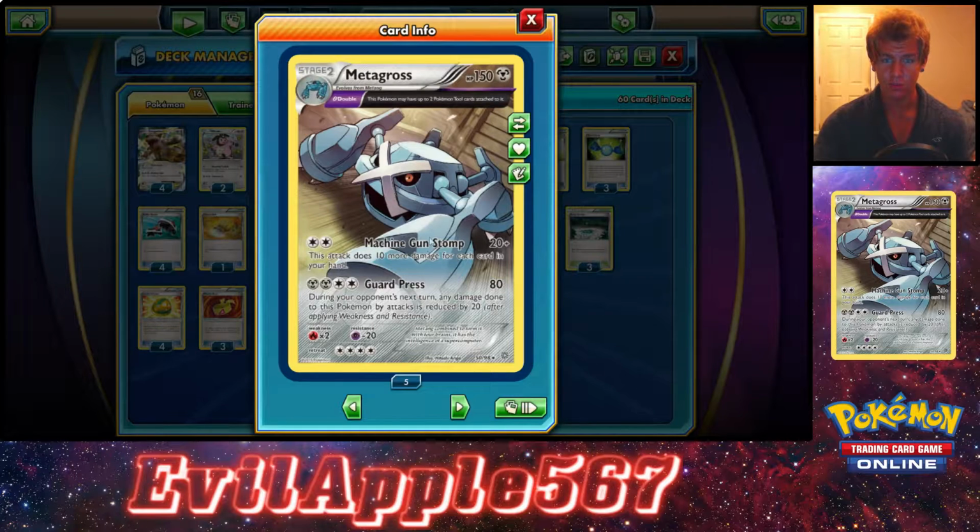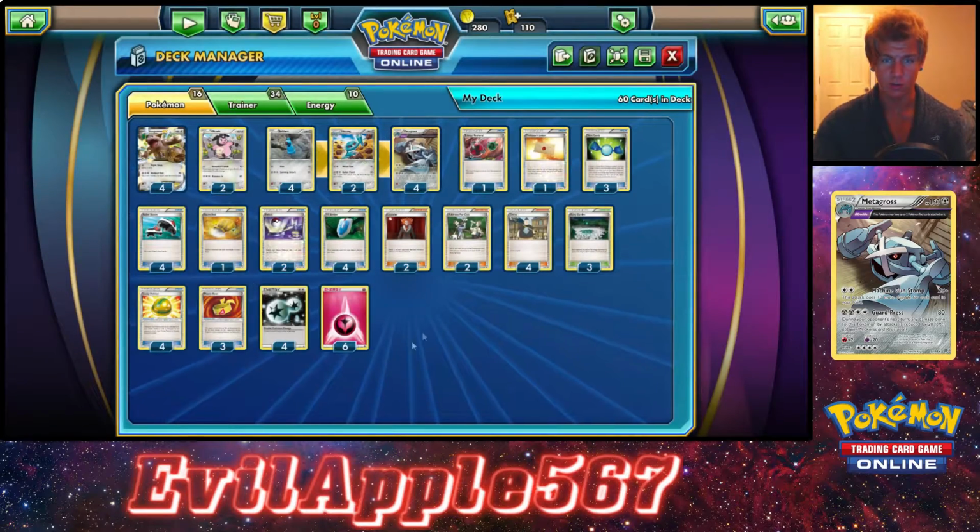Machine Gun Stomp is just like the attack we saw yesterday, except it adds 20 damage. You attack with a double colorless instead of psychic and a double colorless, but of course we got around that with Dimension Valley. And it's on a stage 2, which is kind of one of the bigger aspects here, but this deck definitely deals with setting up stage 2s a lot better because you're building up your hand so high